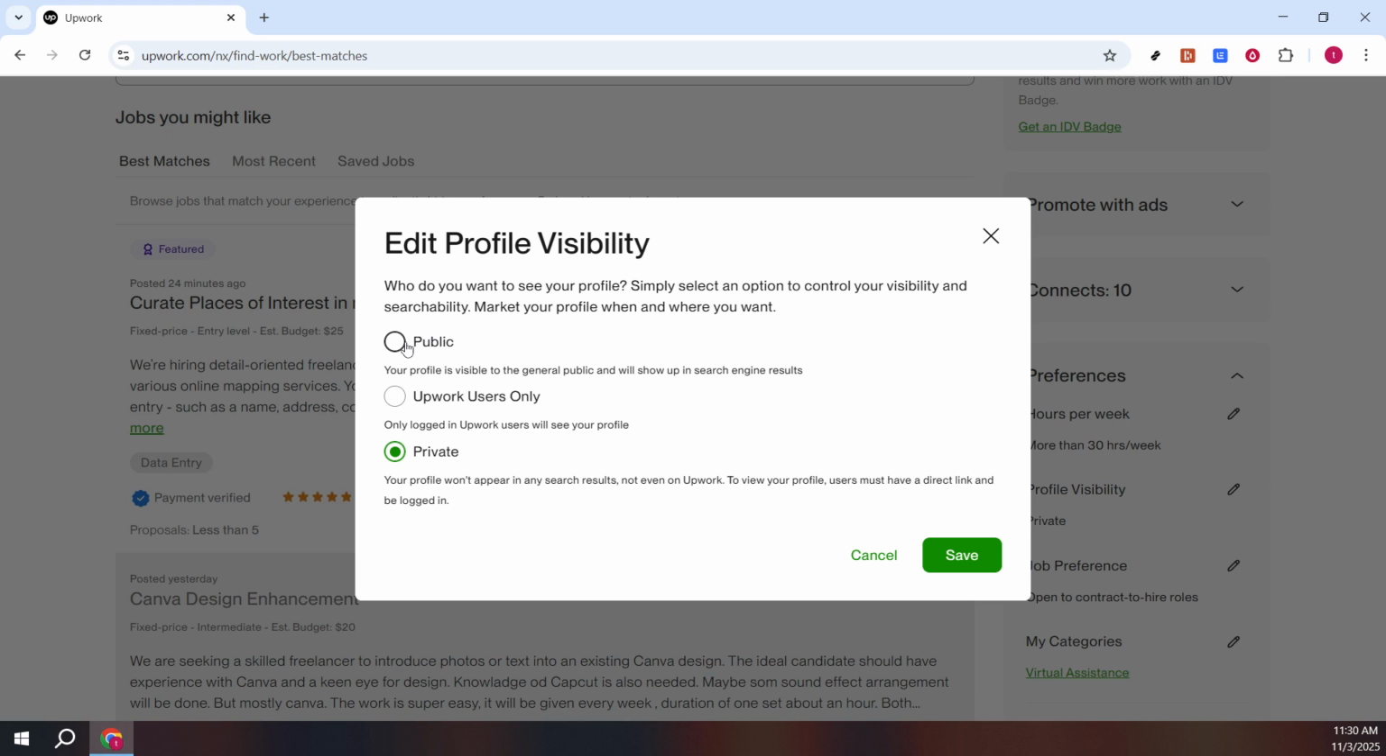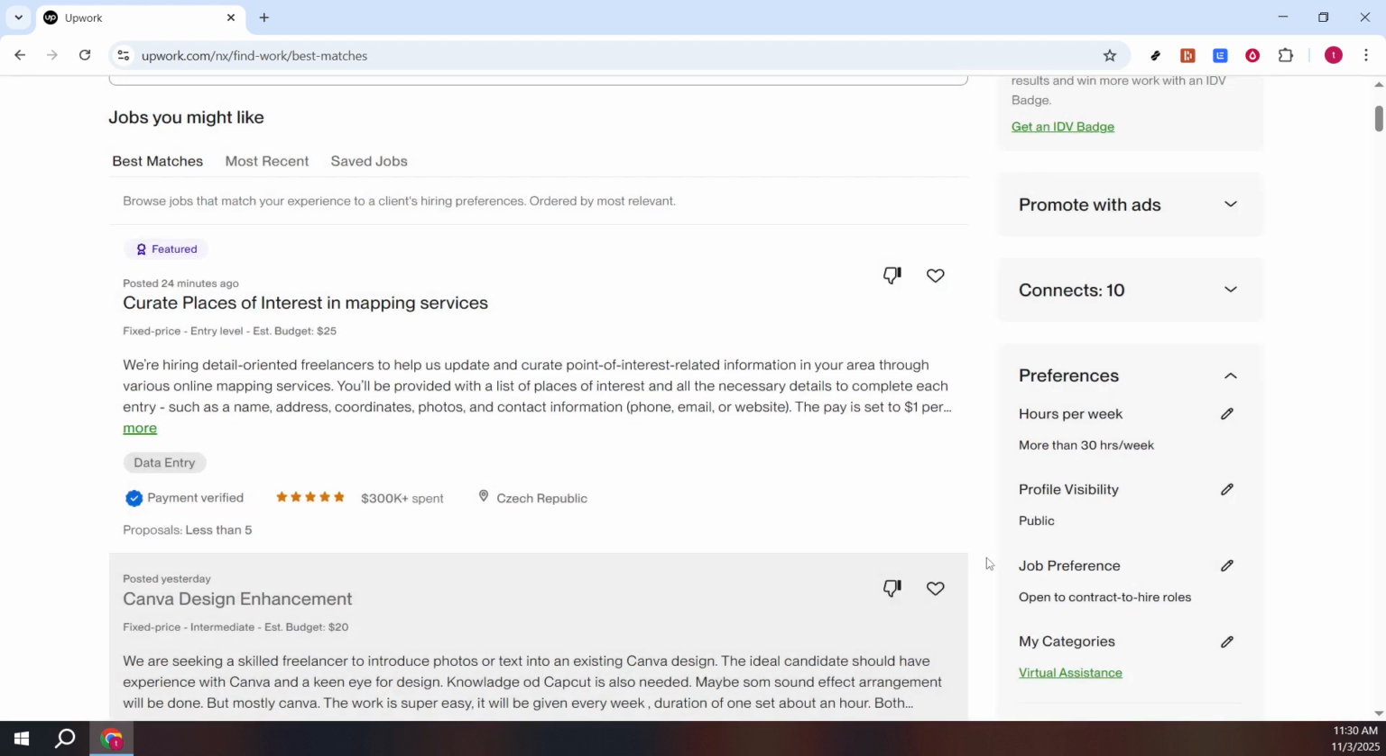Setting your profile to public means that anyone who visits Upwork, including those without an account, can see your profile. This setting offers the greatest exposure, but remember, it also means that all the information in your profile is widely accessible. Finally, after selecting the public option, make sure to click on Save to apply the changes. Neglecting this step can result in your visibility settings reverting to their previous state, potentially causing you to miss out